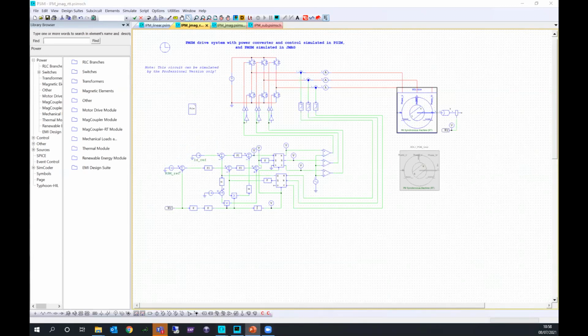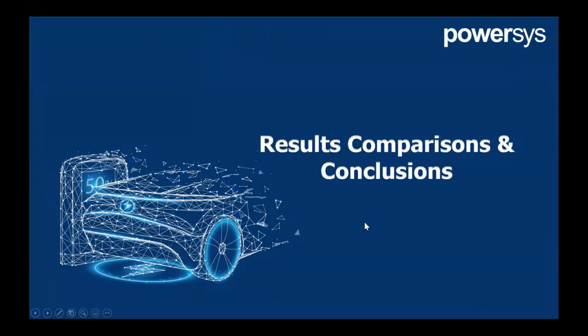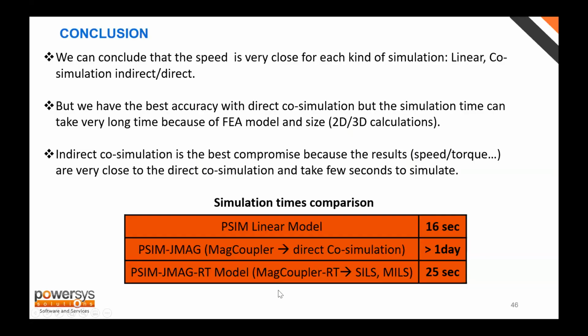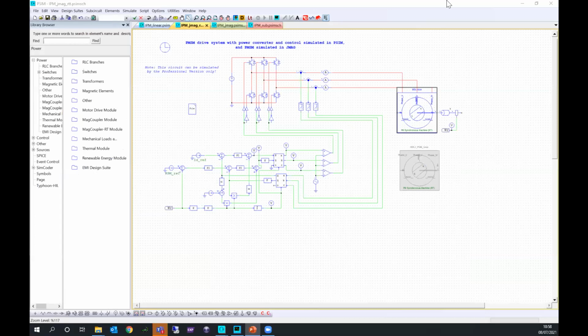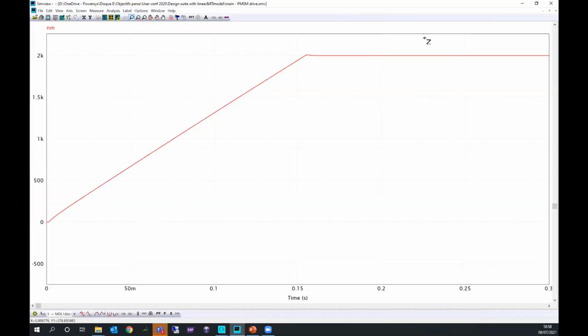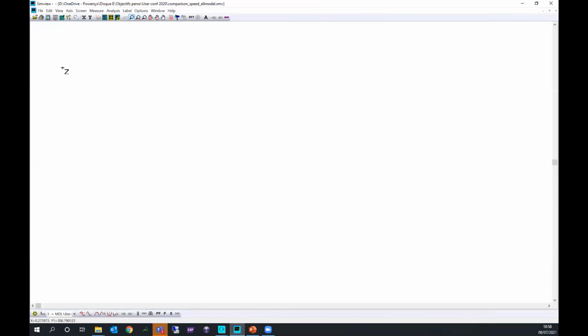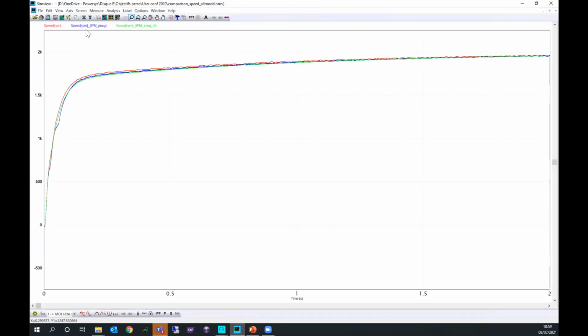So now, as a result, okay, I will show you the result comparison and just a quick conclusion. Okay, I want to show you now. If I open my, not this one, here, this is a comparison of the different speeds of the three simulations that I showed you. The red one is by using the Psim linear model. The blue one is by using the real motor from Gmag Designer, and the green one is by using the RTT motor from Gmag RT. And as you can see,